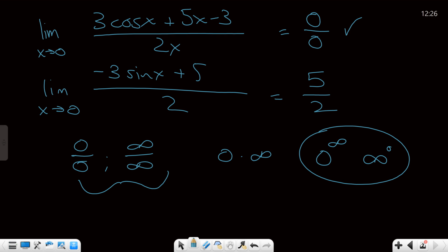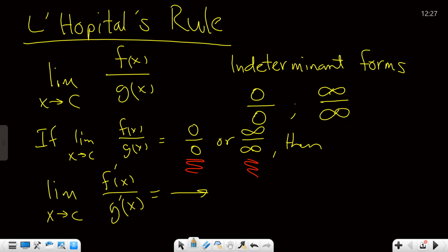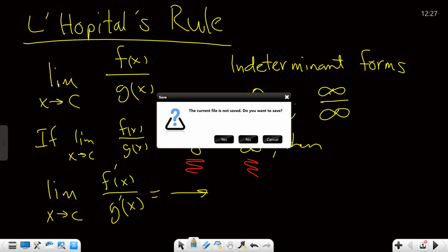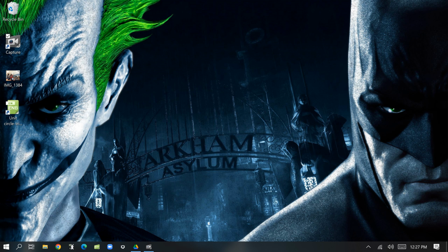Two things to remember with L'Hopital's. Number one, you must check to make sure that it's an indeterminate form. And number two, it's not quotient rule. It's derivative of the numerator over derivative of the denominator. Okay? Make sense? Beautiful. Again, you won't be able to finish. In fact, you won't be able to complete a majority of the homework, but at least it'll give you an opportunity to delve a